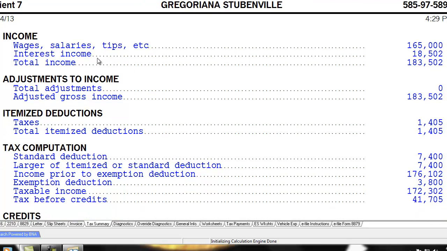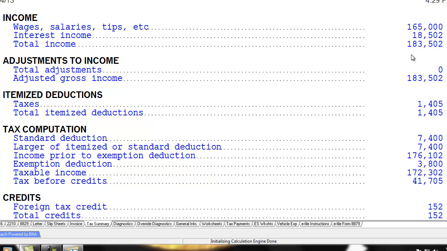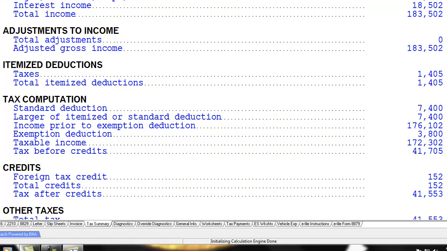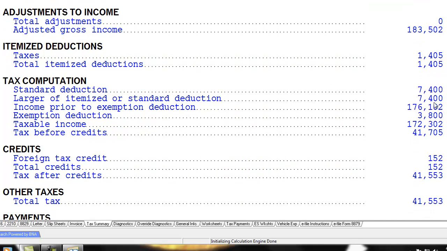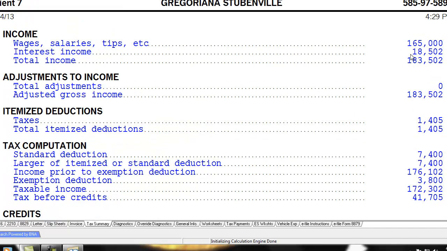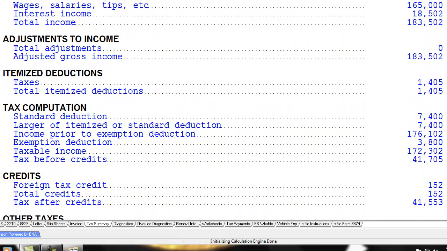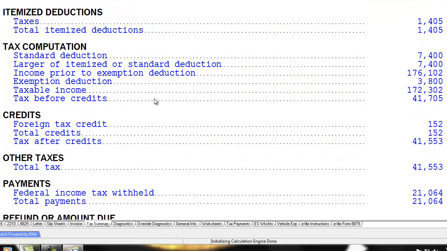She has a lot of interest income added on to her total income, so $183,502. To keep the example somewhat simple, we just went with a standard deduction, and she didn't have itemized deductions in this case. Also going to point out that since her business income is zeroed out, it doesn't even appear here. Okay, standard deduction means deducting or subtracting from her income, right, before they tax her. That brings her to